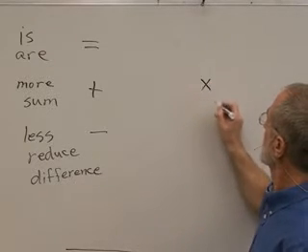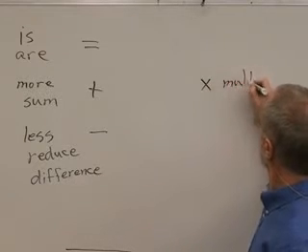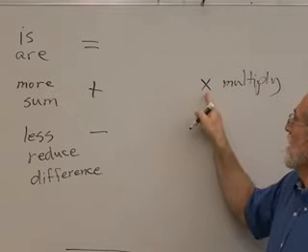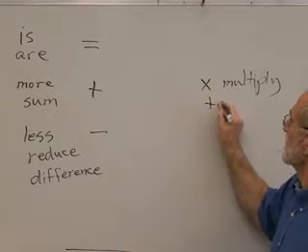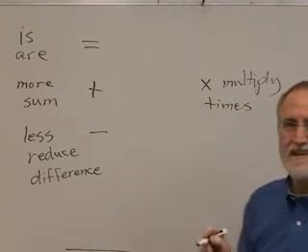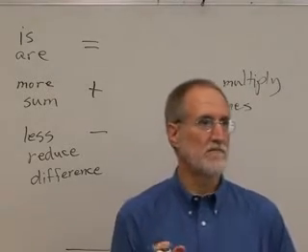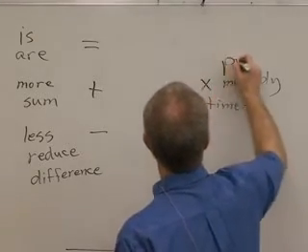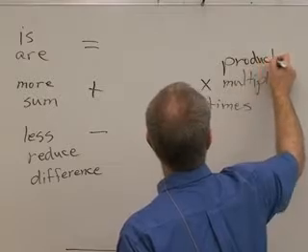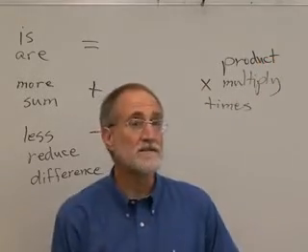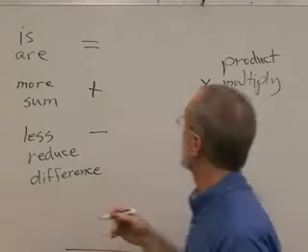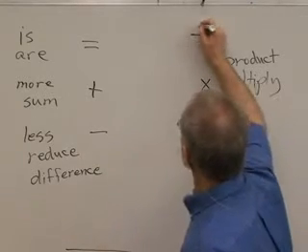Multiply, we commonly use the word times, don't we? What's the fancy name for the answer to a multiplication problem? Product. Okay? So if we say the product of 3 and 4, that would mean 3 times 4. The product of 3 and 4 would be 12. And then divided by